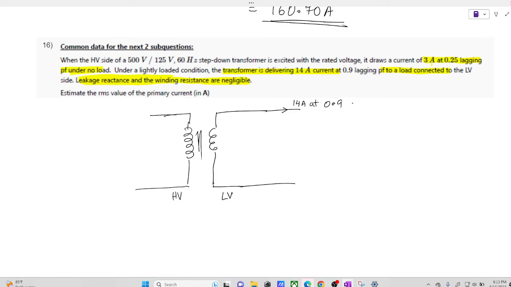That is 14 angle minus, since it is lagging, 14 angle minus 25.84 degrees. Also, they have told that no load current is 3 ampere. So what you have got, IS is 14 at an angle